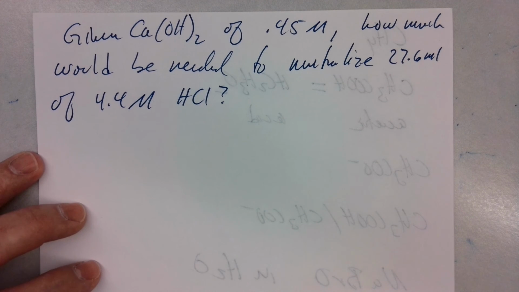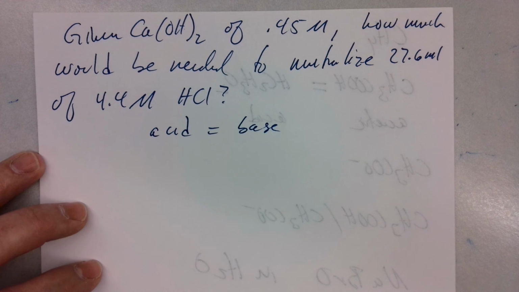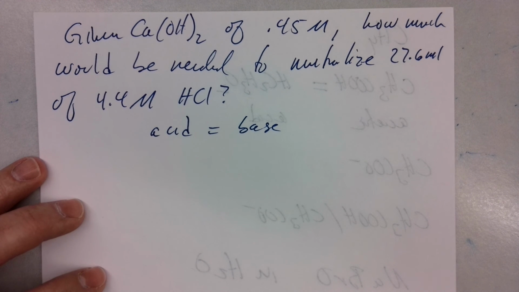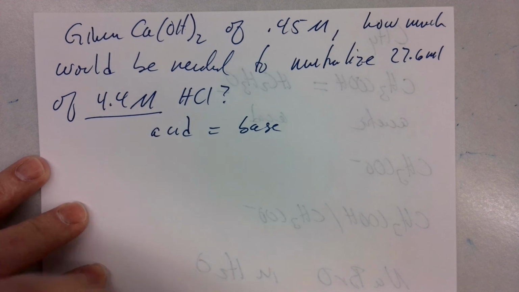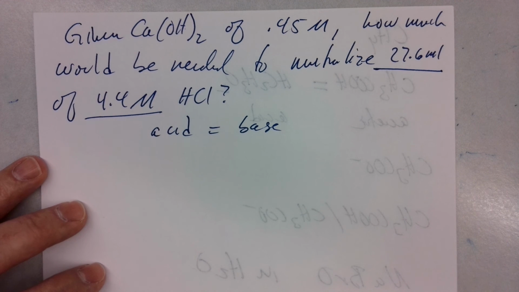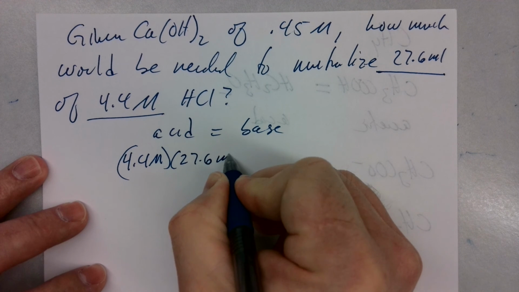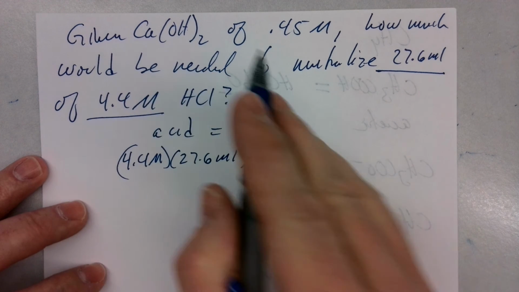So I really liked how we did it this morning. I'm just going to write acid on one side, base on the other, right? So what do I know for my acid? Well, I know that my acid is 4.4 molar, right? And it has a volume of 27.6 milliliters, don't I? Do I need a 2 over there? No, the 2 goes on the base side, right? Because that's this, right? So that's going to equal